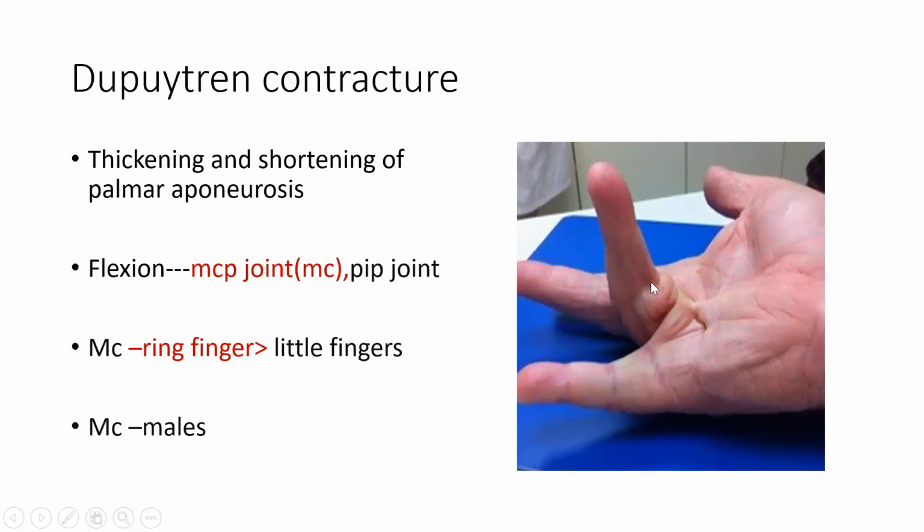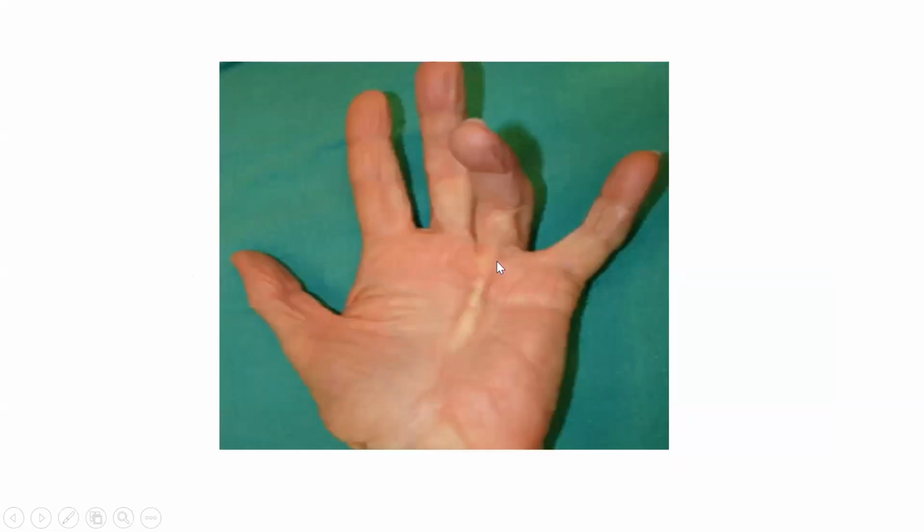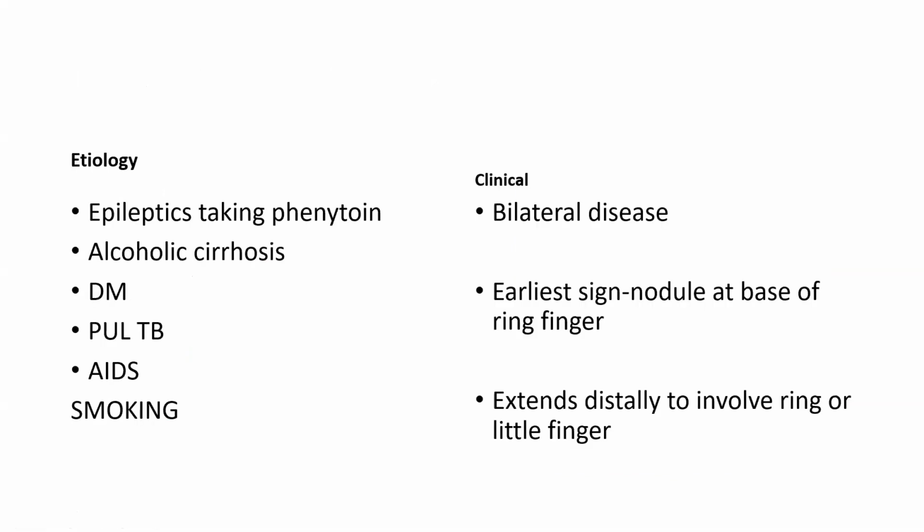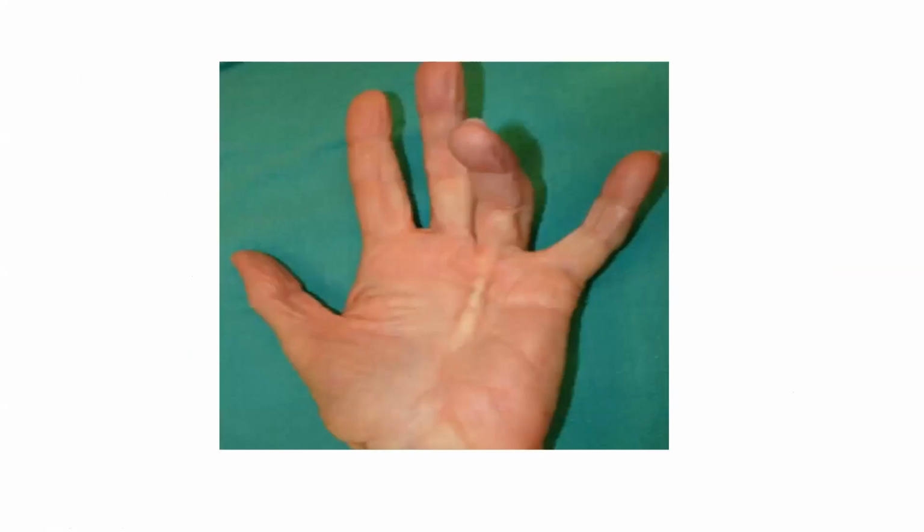Okay. Sometimes PIP joint पे भी flexion होता है. So MCP and PIP joint पे flexion होता है and the rest is extension. So see this, MCP joint पे flexion हो रहा है, यहाँ भी PIP पे flexion हो रहा है. So flexion occurs at the MCP joint most commonly and then the PIP joint. The rest, the DIP joint, is in extension. Most commonly ring finger में होता है, males में होता है. Okay. So in males, the ring finger, you try to simulate this type of attitude of your finger, and you will remember what Dupuytren contracture is for a lifetime.